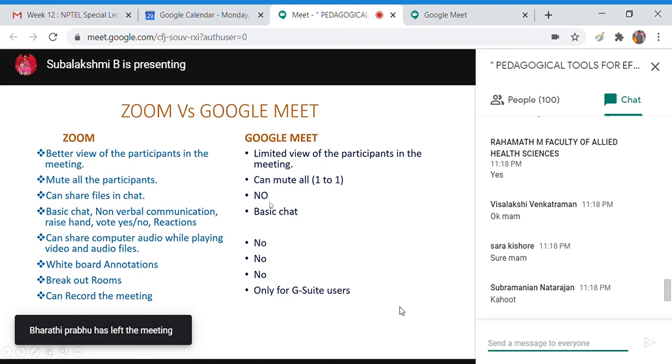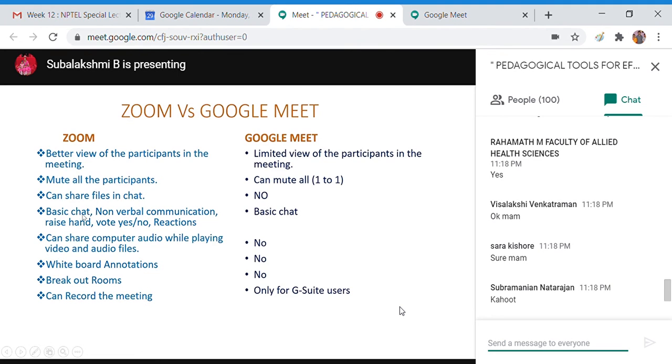we cannot do it. Apart from the basic chat, Zoom also offers non-verbal communication. I have shown you the voting, yes or no, the reactions, individual messages, and raising hand options, all of which are available in Zoom. But in Google Meet, we only have the basic chat option. And while sharing the screen, I showed you that you can share computer audio. In Zoom, you can share the computer audio while playing any video and audio files, but in Google Meet,